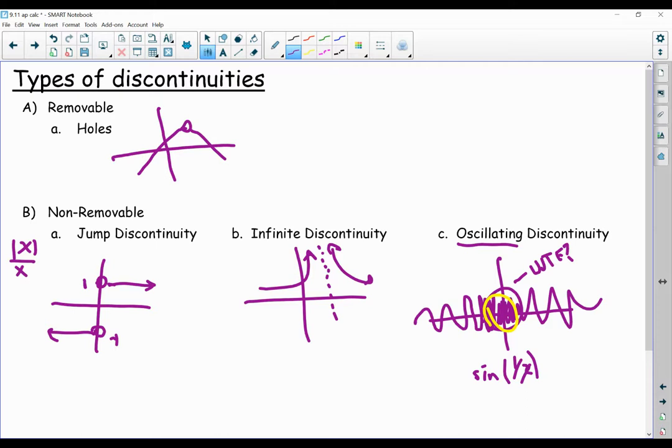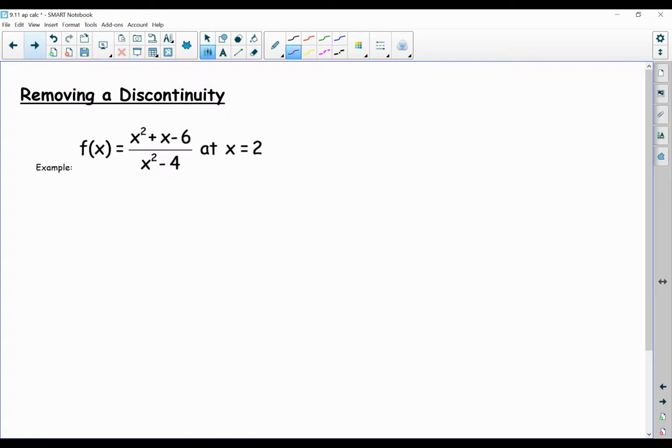I can't tell. It's just oscillating too fast. That's probably the one and only time you'll see that discontinuity, but I wanted to throw that out there because it is one that you might see, so we should be ready for it. Okay, so now going through